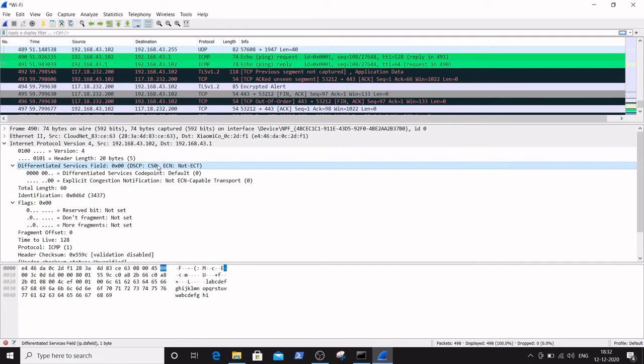Now we are going to learn about the ECN, and what is the use of this ECN. ECN stands for explicit congestion notification. The purpose of the ECN is to notify whether congestion is going to form or not. If it is going to form, it notifies it. So the host can set these values to say whether there is congestion in the wire.